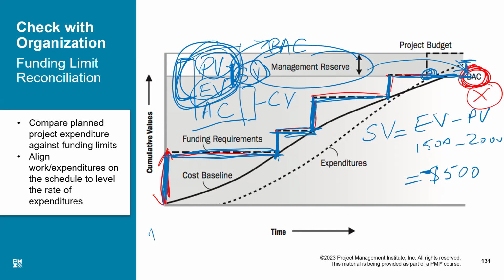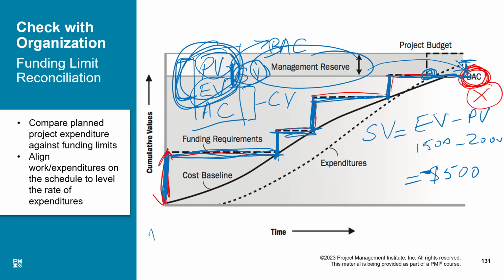So cost unit is telling me I am short of $500 work which had to be completed, and we are behind schedule by $500. As per the budget, we should have spent $2,000 and completed the whole work. But we only did 1,500 worth of work, and therefore we are behind schedule by $500. So that is how I speak in terms of money to calculate my schedule variance.